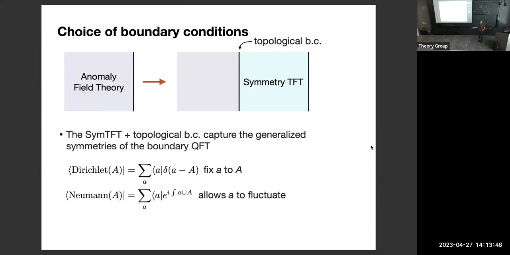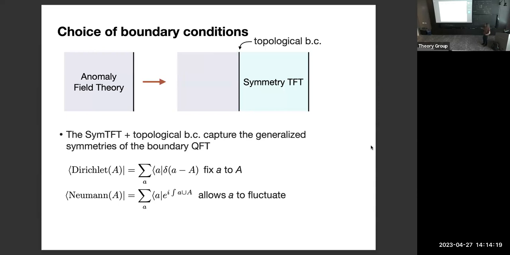So, okay, from my perspective, let's say wanting to know about anomalies of non-invertible symmetries. If I knew how to characterize these anomaly field theories in general, I wouldn't need another boundary, right? I wouldn't need the symmetry TFT to say anything about the anomalies. But instead, I don't know how to write this anomaly field theory. Most of the time, I think the picture on the left just doesn't exist. Exactly. And then you just have the picture on the right, but maybe without the other boundary. Why do you need the other boundary in that case?